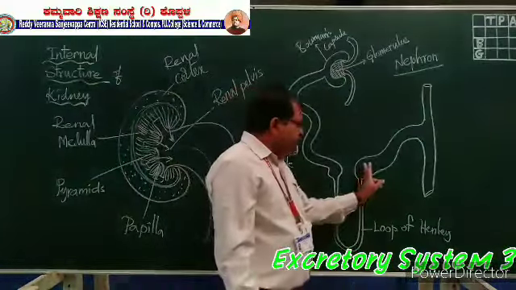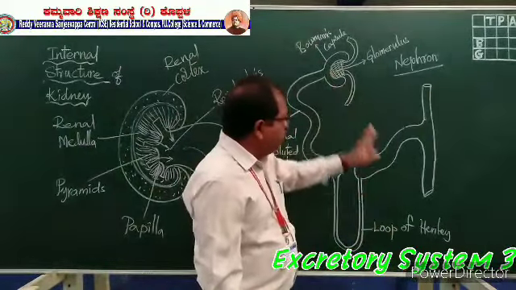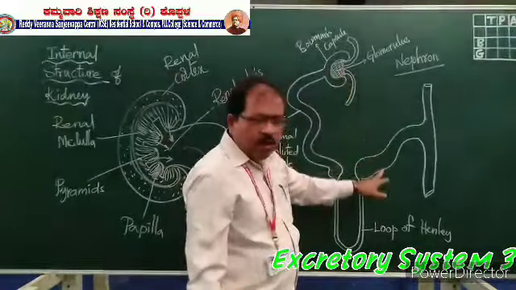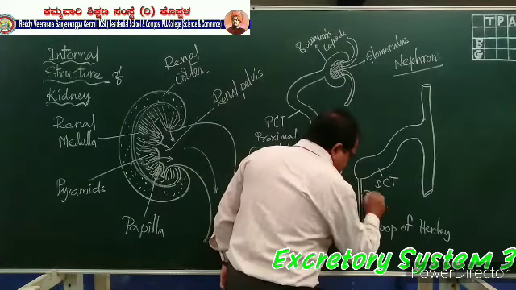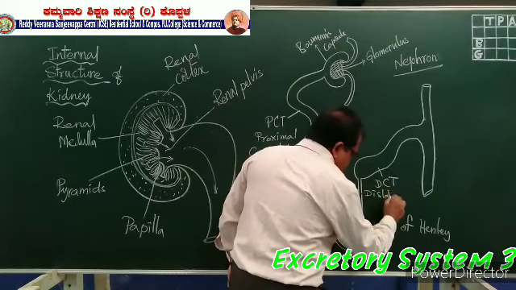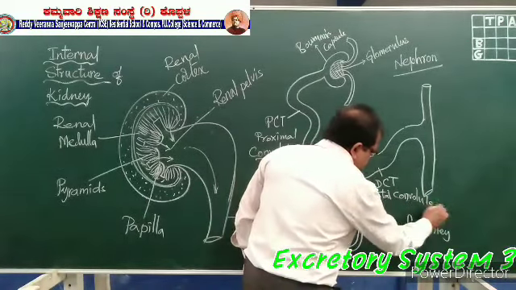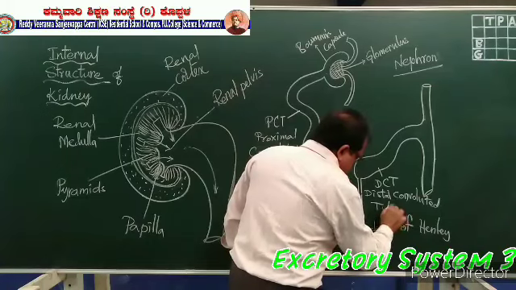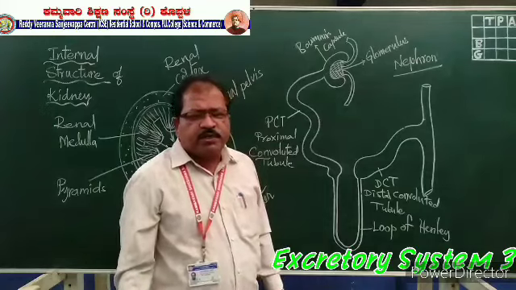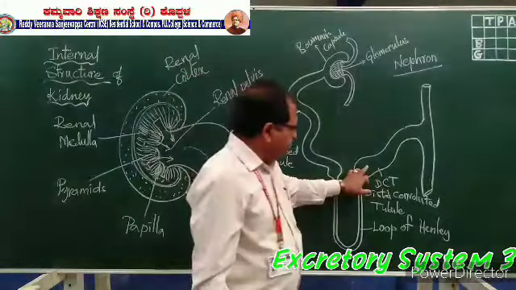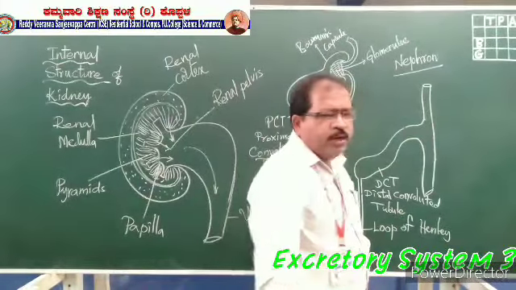And this loop of Henle is attached to one more convoluted tubule which is away from the Bowman's capsule. This is called DCT, distal convoluted tubule. Distal means away from the Bowman's capsule. So the filtrate will enter into the DCT and then into the long tube-like structure which